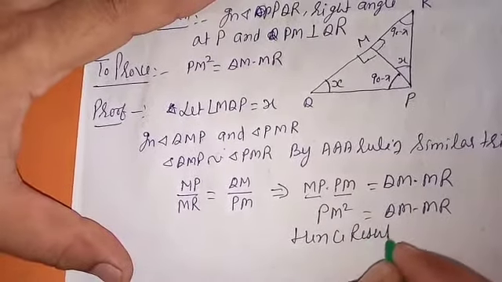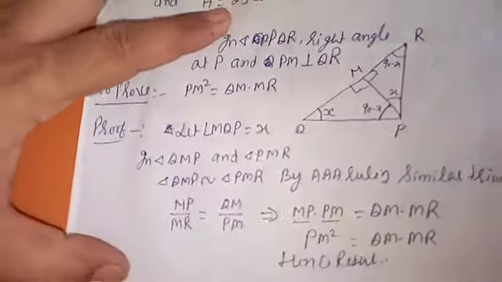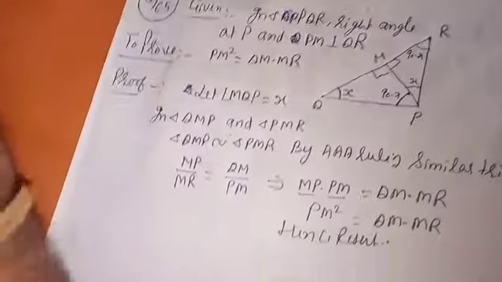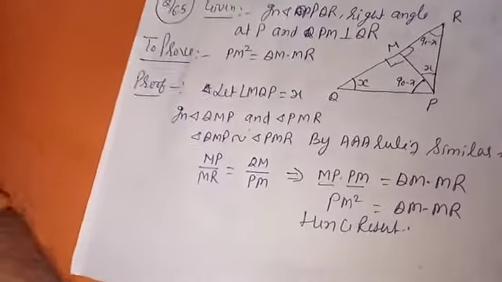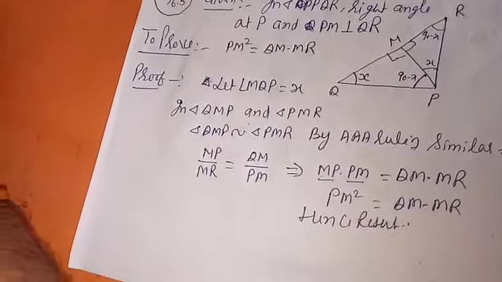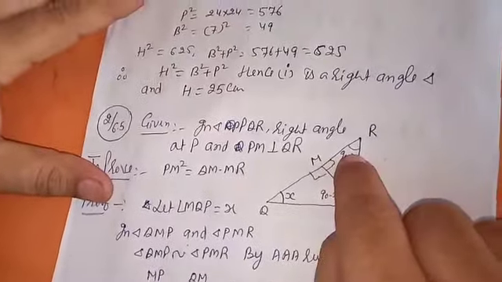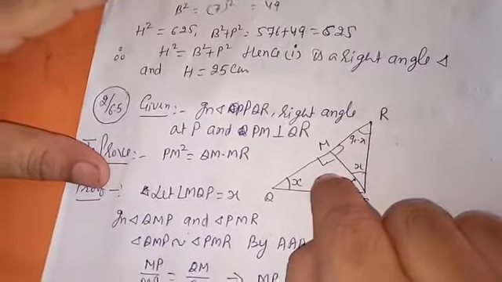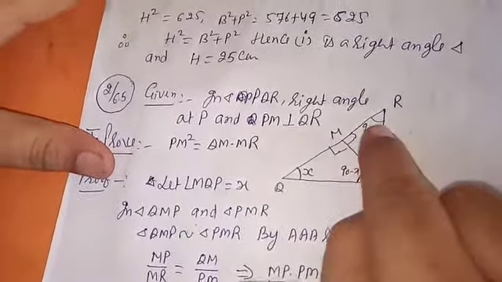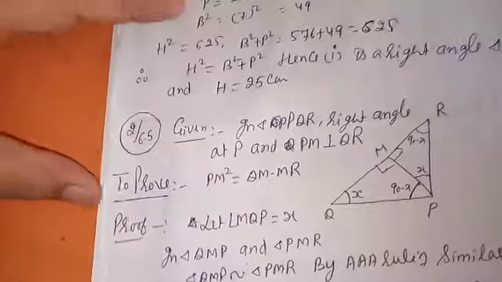And this you also know by what? The theorem which is given before: the Pythagorean theorem. Use of this, that when this type of figure is given, this triangle is similar to this triangle. This triangle is similar to the whole triangle. So you can apply that also.